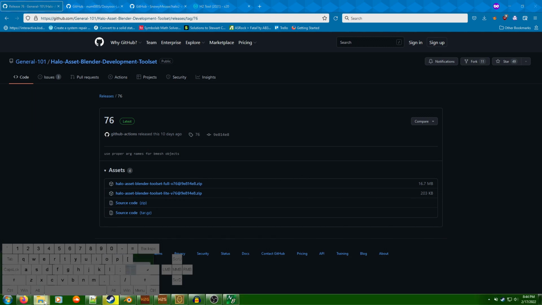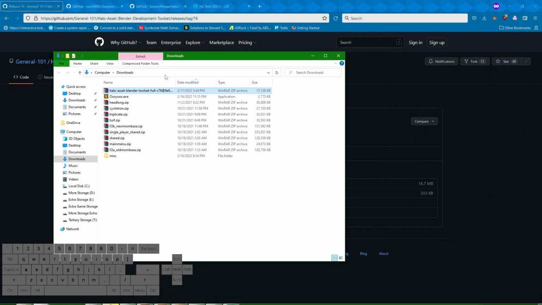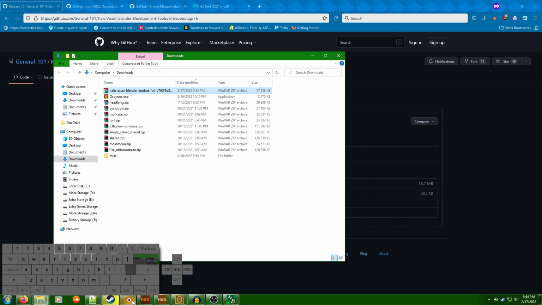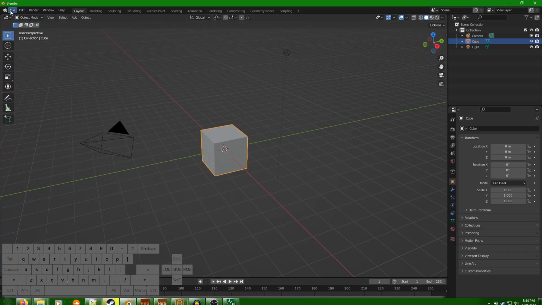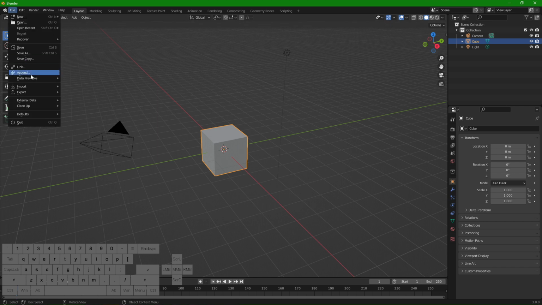Download that zip. And then when you've downloaded it, this is the full plugin set for Blender. You just place this wherever is best for you. You can leave it in your downloads folder or put it close to your Halo 2 editing kit. It's up to you, it doesn't matter. So what we would want to do is go ahead and go to Blender and install this